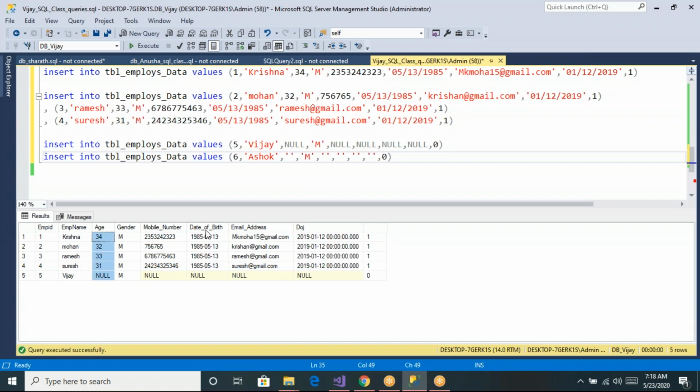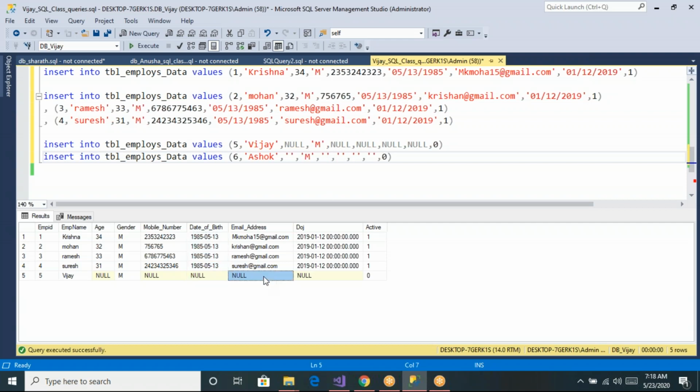Similarly, for a date column, if I provide a blank value, it will get inserted as 1/1/1900. That is the SQL Server default value for a date field. And for varchar, it will accept the blank.